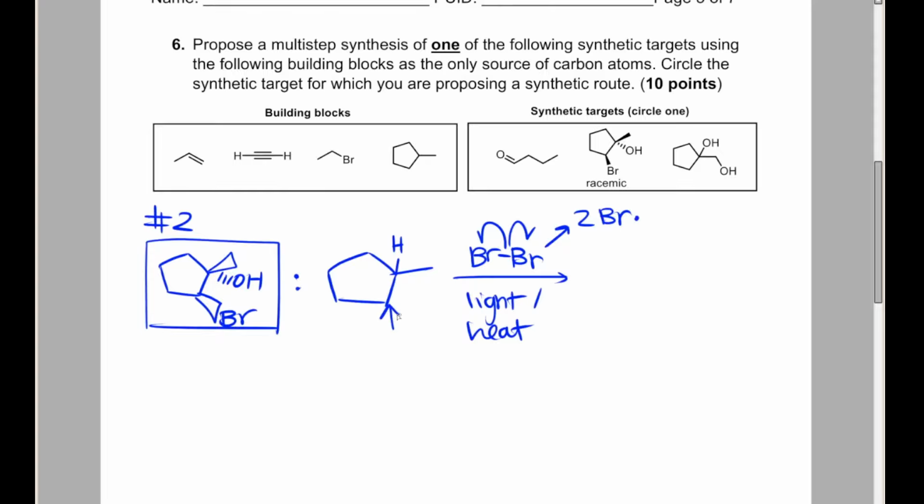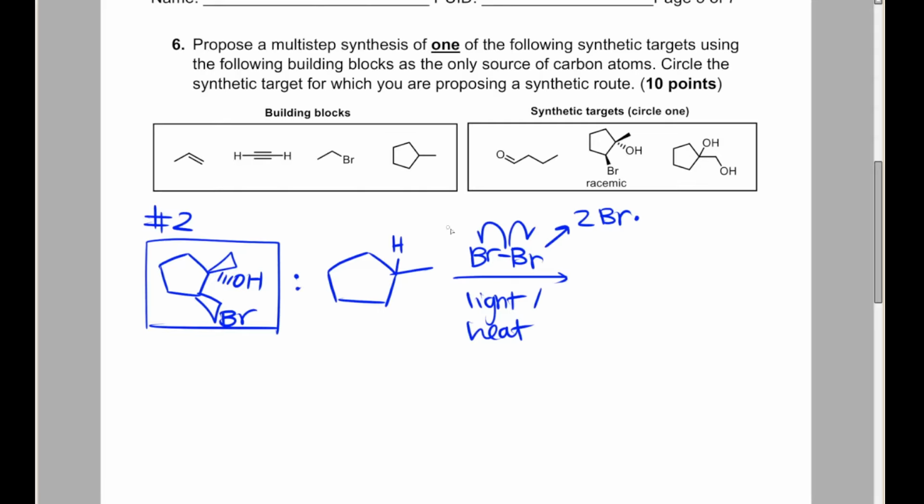The rest of these carbons are all secondary, and then this is methyl. Or no, this is primary. So we want to react with the hydrogen that is bonded to the more substituted carbon,